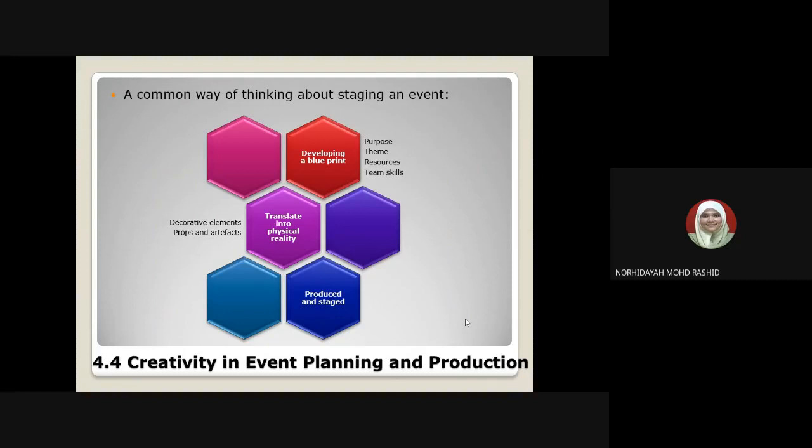But after you have done the planning and it looks nice, and must have a storyline, you need to translate it into physical reality. With what? Go and look at your mother's elements, items and props at home, the curtains at home you want to use, you can. Say the purple sofa that Nada's parents have, you can use it, no problem. And it's time to produce and stage your event. Show the event, make it real, and after that, take pictures and present them to me through IG.